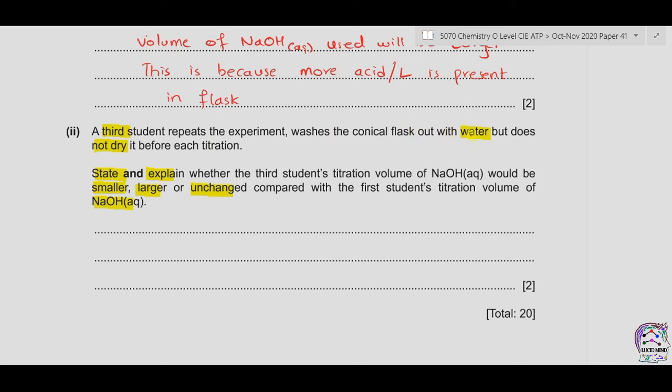Now we can see that the third student uses water, so water does not change the number of moles. So therefore the volume of sodium hydroxide would be the same, or it is unchanged. So we can write